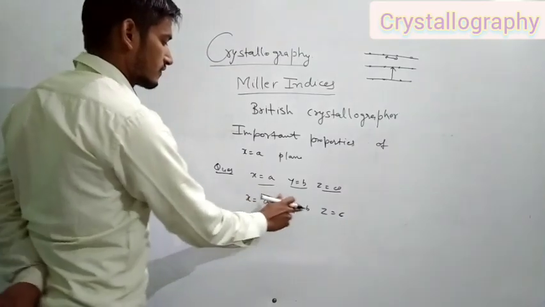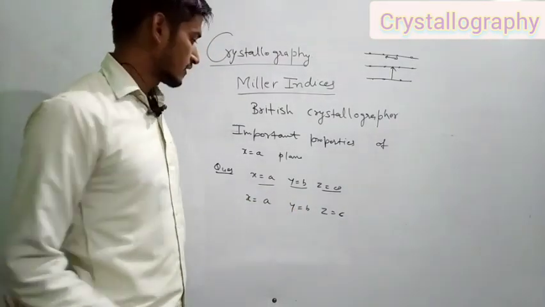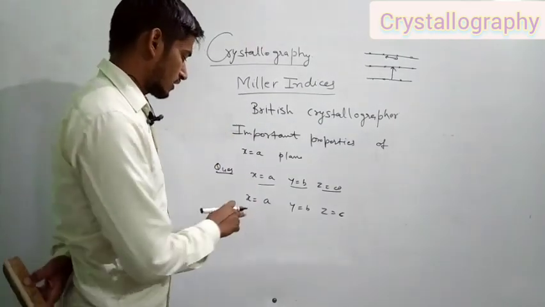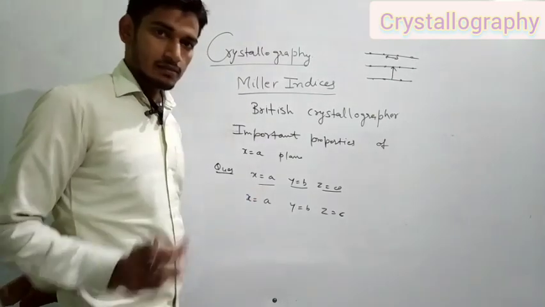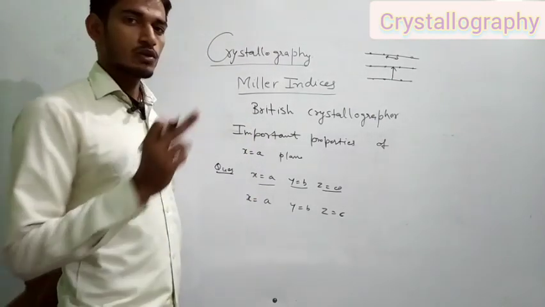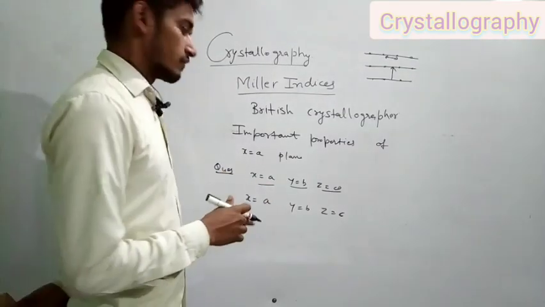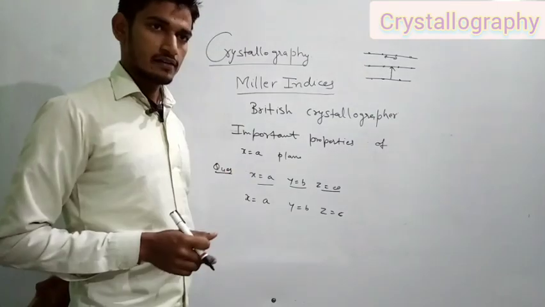These are the intercepts on the x-axis, y-axis, z-axis respectively. By the same procedure which Miller followed, divide by the lattice parameter, take the reciprocal of these numbers, and change into the smallest integers, we find the Miller indices. After that we draw the plane and